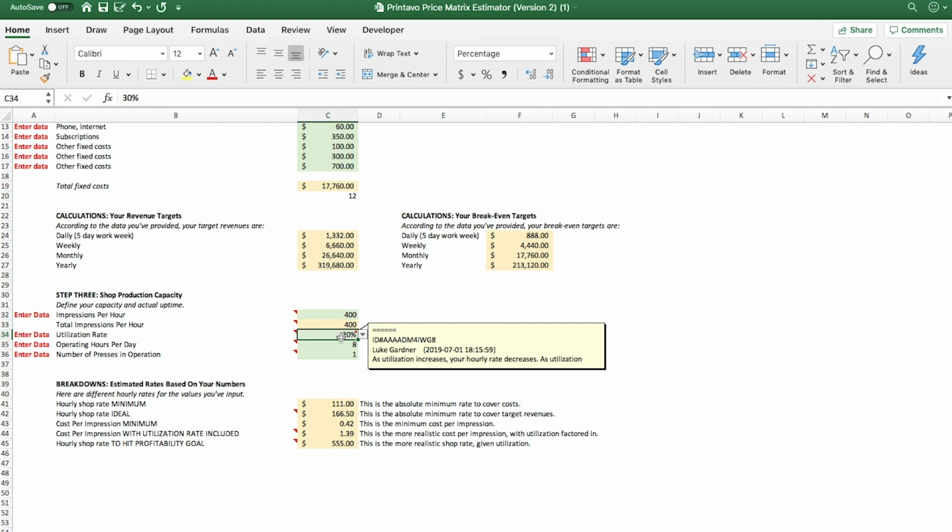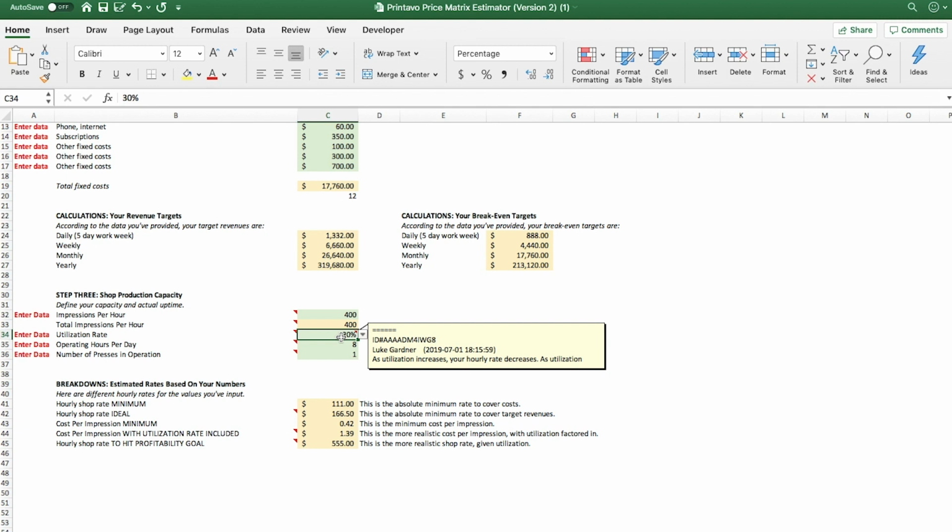So what happens is you develop these hourly rates thinking that you're always printing, right? You're printing 8 hours a day, when actually you're probably printing 2 or 3 at the most. So your numbers get kind of screwed up. You think that you only really need to make $111 an hour to cover your costs. And, well, if we add the profit, then it becomes $166. Well, if you actually are hitting your profitability goal and understanding the utilization, your rate might be more like $500